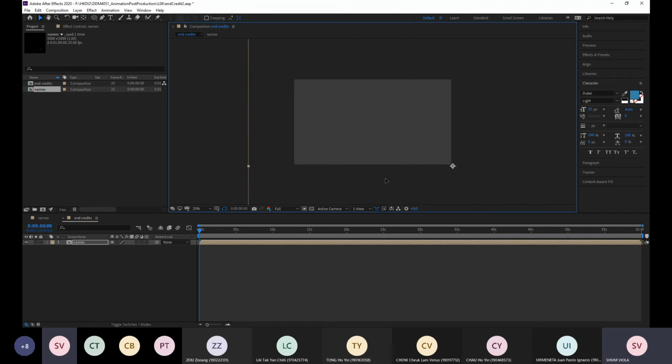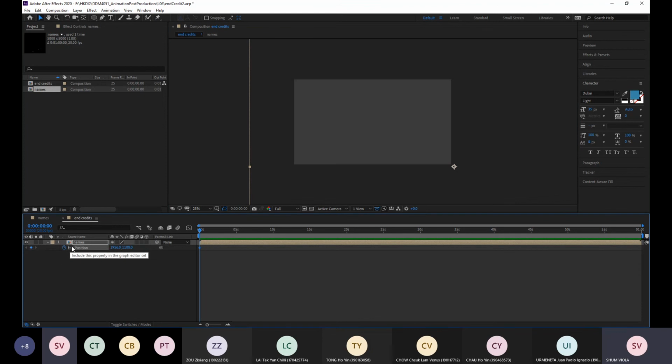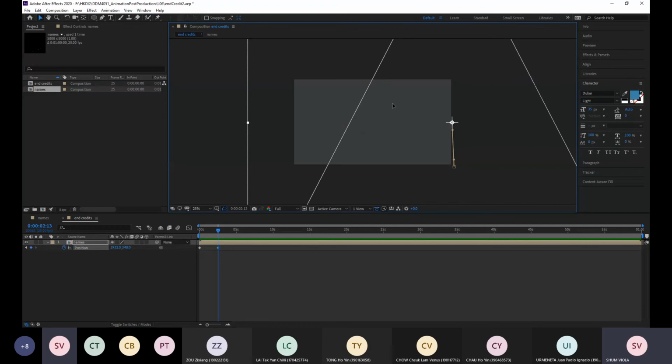Okay, let's do this. I will set a keyframe on the position, and actually I will set keyframes on position and also rotation, but I will apply the rotation later. And then I will use 2 seconds or 3 seconds, it doesn't matter how long you want, but make sure that the audience can read it. And then the director's name should be at the middle because I think that is a very important person, so I put it at the middle.